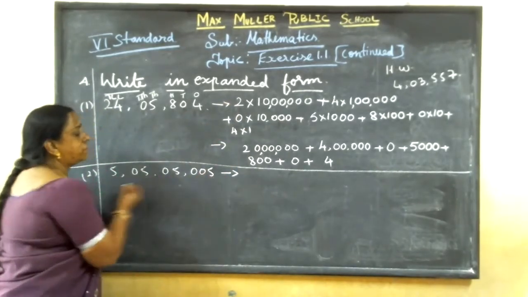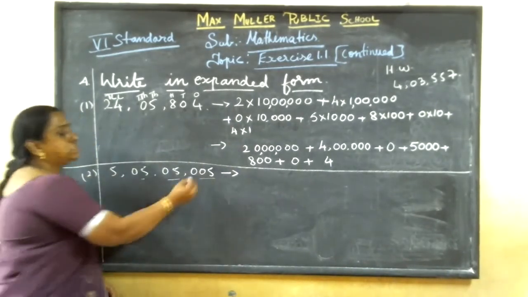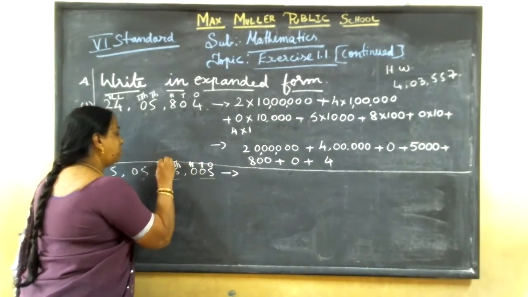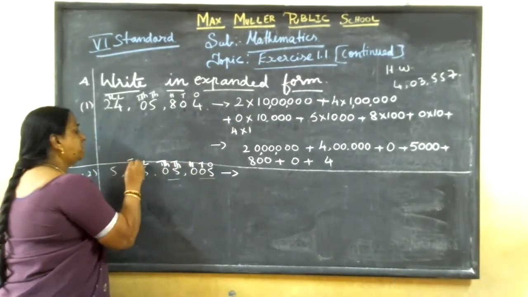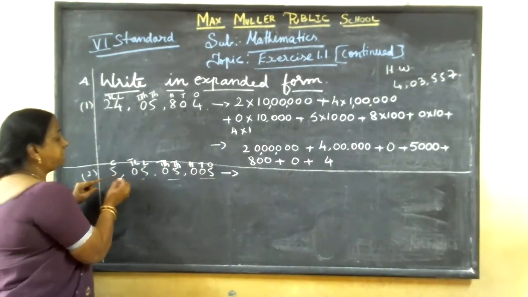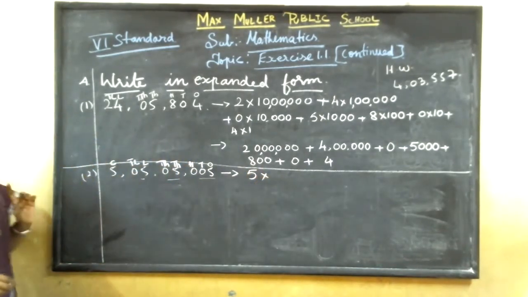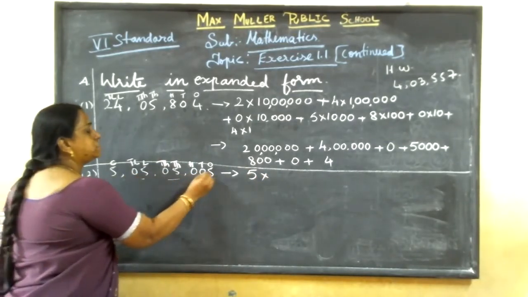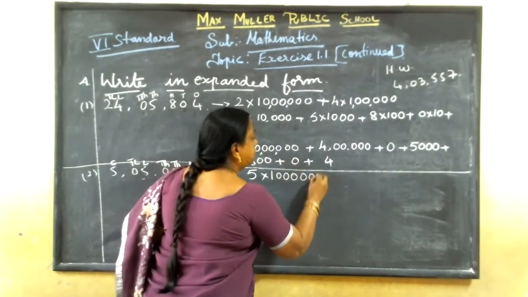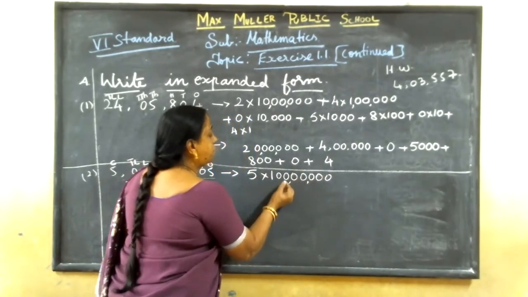See here, first you see which system it is. See first 3-digit, 2-digit, 2-digit. So this is what? Indian system. So first write the places: ones, tens, 100, 1000, 10,000, lakh, 10 lakh, crore. Okay, second step over. Third step, write the highest place. Start from the highest place. 5. 5 is in which place? Crore. For crore, how many zeros? 7 zeros, 1, 2, 3, 4, 5, 6, 7. So you write 1 followed by 7 zeros. Then place commas: 1, 10, 100, 1000, 10,000, then lakh, 10 lakh, crore.